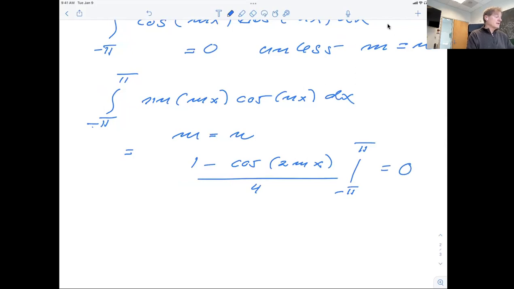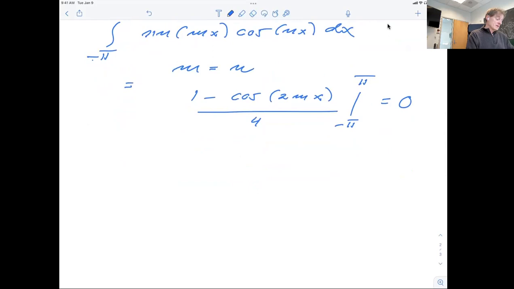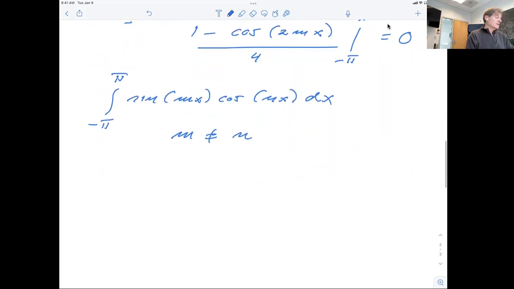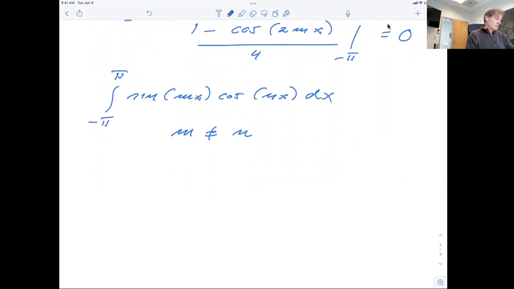And if you take the general case with sine of m times x, cosine of n times x, d of x, and we look at the case where m is not equal to n, this integral becomes equal to minus a half